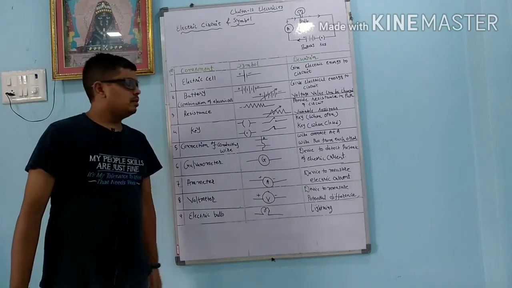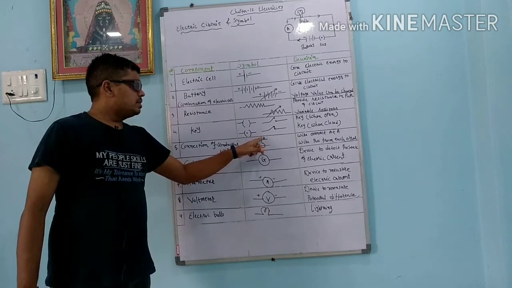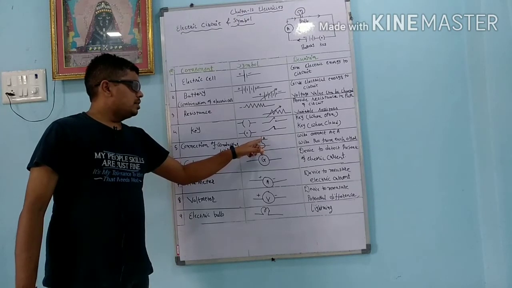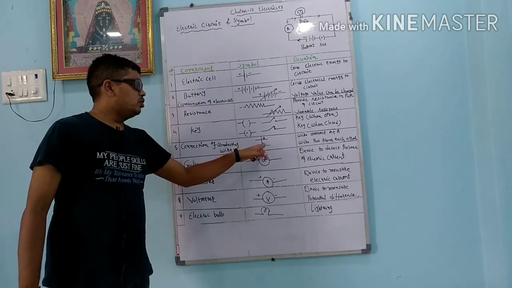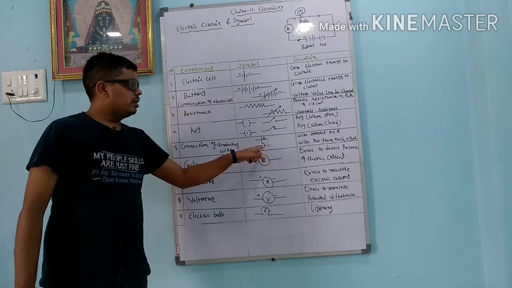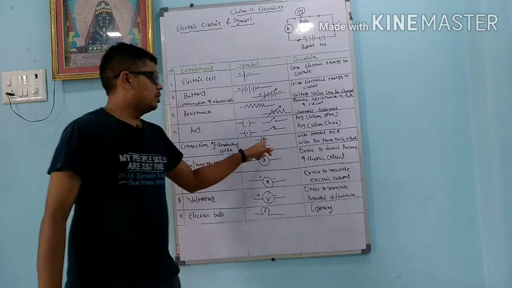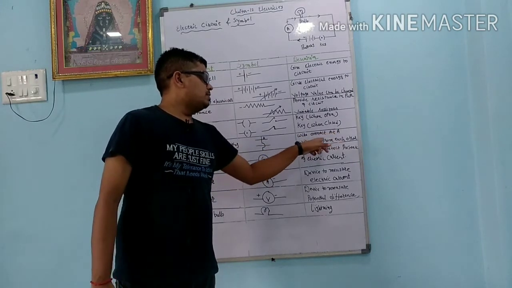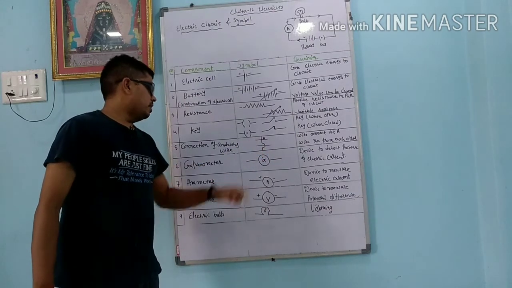Connection of conducting wire. When you find the wire passes directly through a point, it means that this perpendicular wire is connected with the horizontal wire. But if it takes a U-turn, it means that it overlaps from there. It is not connected with this wire, but it passes over them. Okay, so the wire is connected at A, and in this condition the wires pass over each other, and here it is connected.